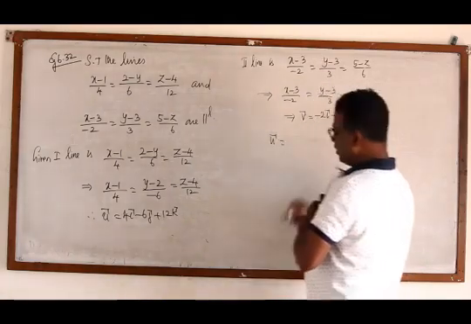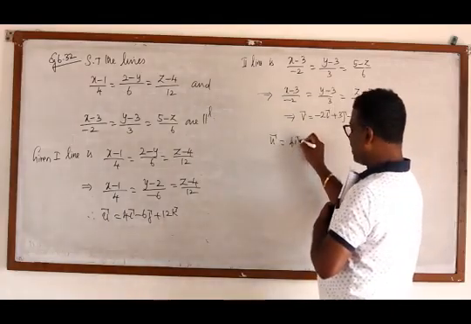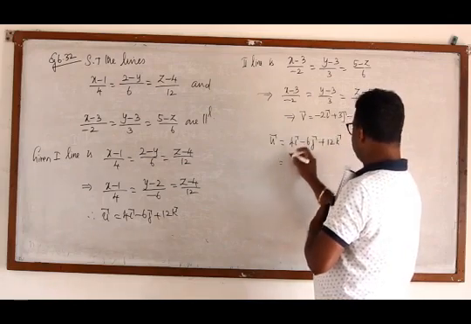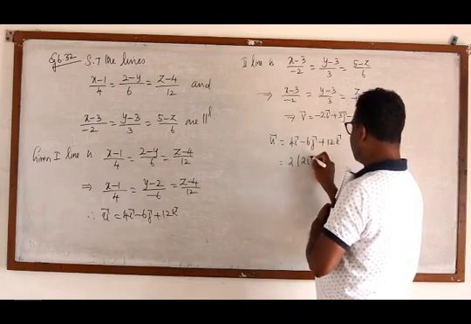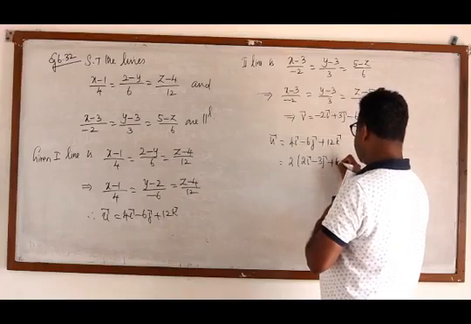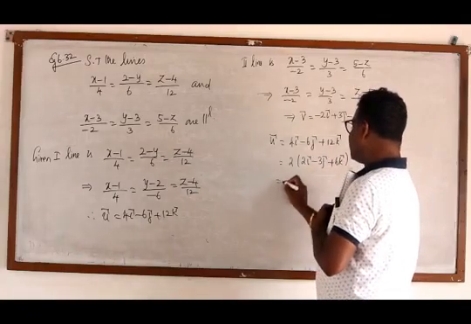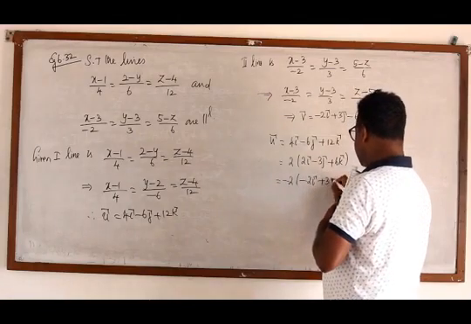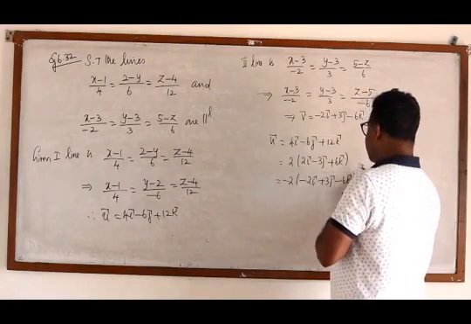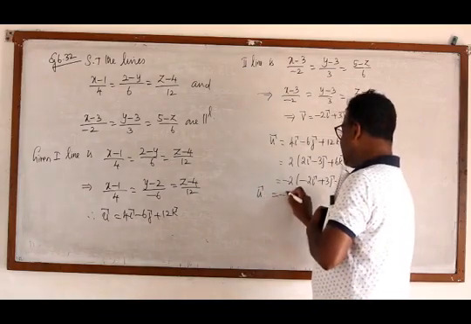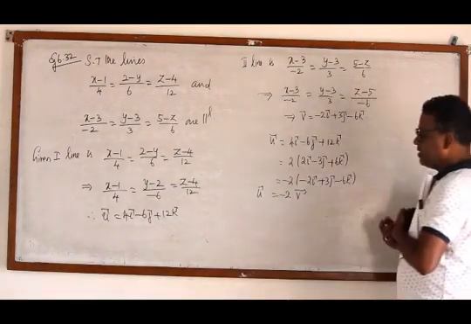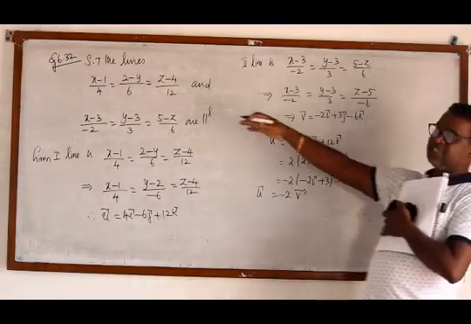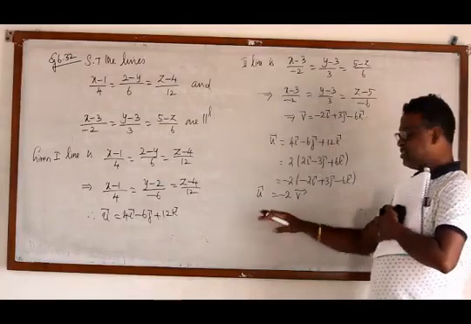Instead of doing that, I will do it by this method. Is it not 4i plus 6j plus 12k? If I take 2 out, then this becomes 2i minus 3j plus 6k. If I take the minus sign, it is minus 2 times minus 2i plus 3j minus 6k. Now see, is it not that u vector is minus 2 times v vector? So in that case, these two vectors are collinear or parallel. Even if these two lines are separate lines, these two must be parallel.